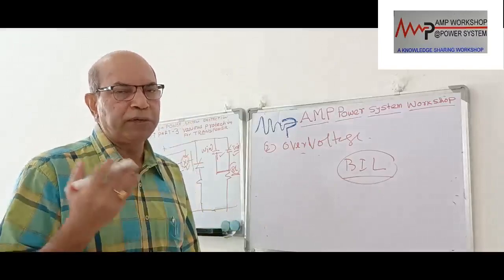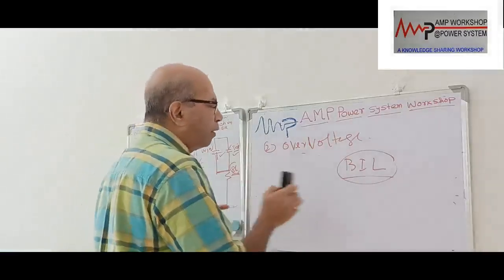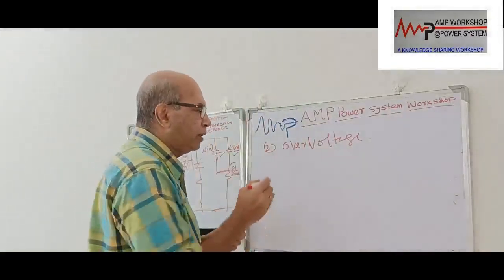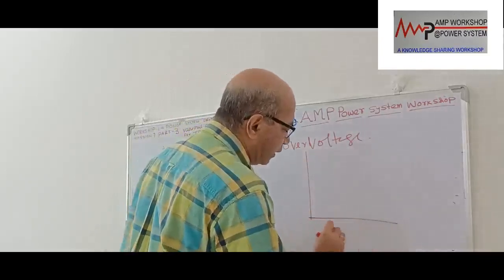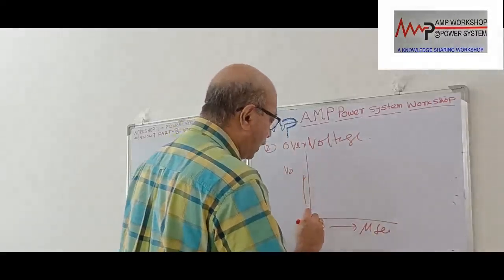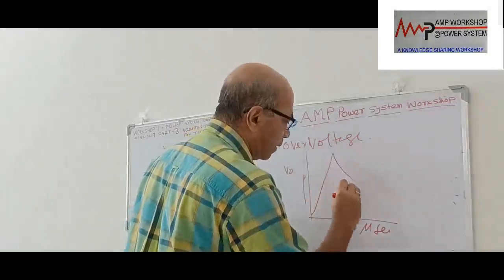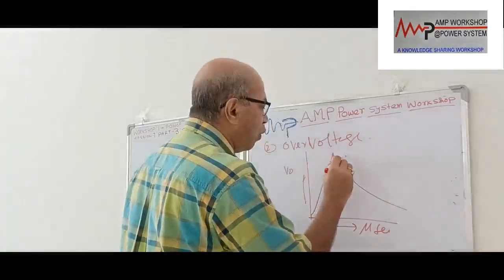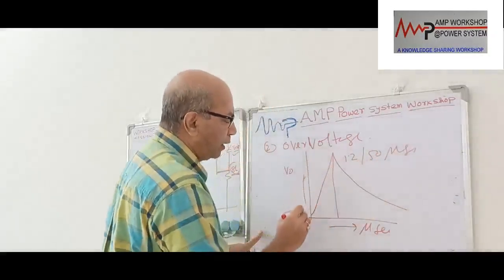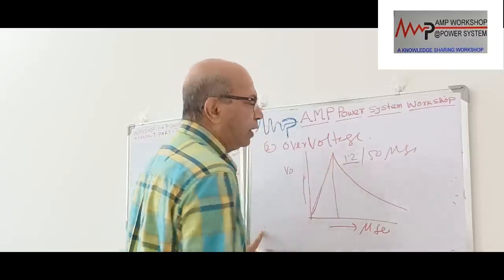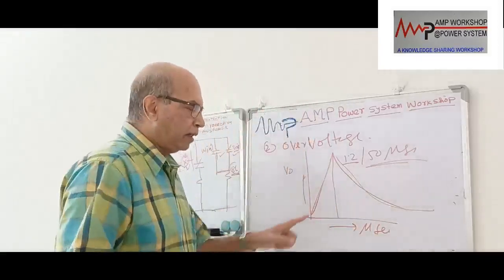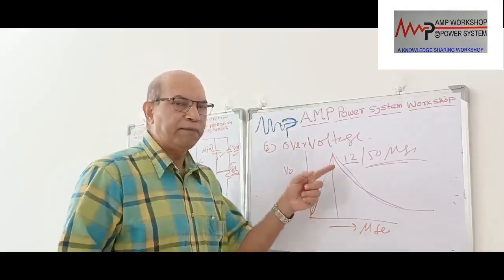Either it could be the bushing, or it could be inside the winding. Inside the winding there is another phenomenon. When this transient over voltage comes in, the lightning over voltage or switching over voltage, it has a waveform. This side is microseconds, and this side is voltage. If you see the peak value, it is called 1.2 by 50 microsecond. What does it mean? The wave front goes to the peak value within 1.2 microseconds, and it subsides to the normal level in 50 microseconds. It is a high rise wavefront. That is the lightning impulse voltage.